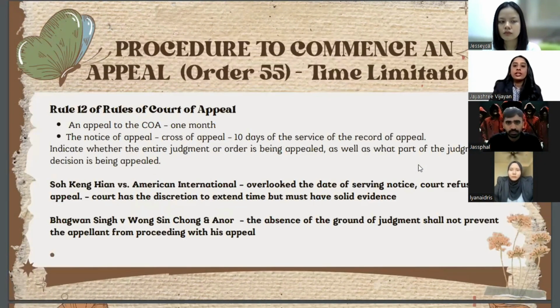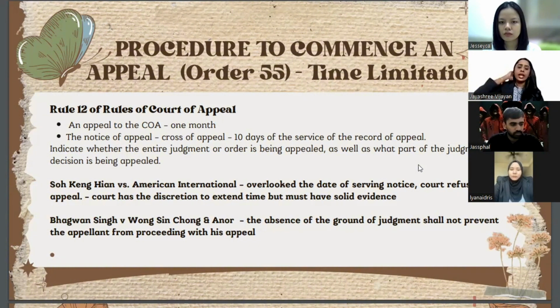Okay, so under Rules of Court 2012, it states that if you want to appeal a decision made by the High Court, you must do so within 1 month from the date the High Court pronounced this decision. So you need to submit an appeal at the registry of the High Court where the decision was announced. And if you are the party responding to the appeal, then you may argue that the High Court's decision should be changed. You can express this intention at any time during this process, but it should be done within 1 month.